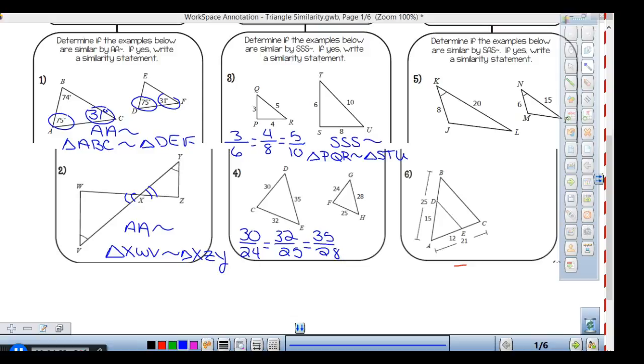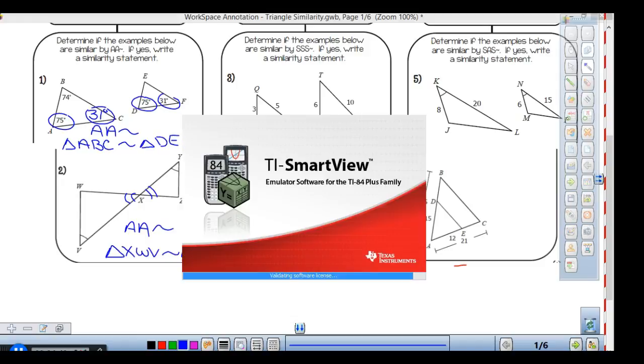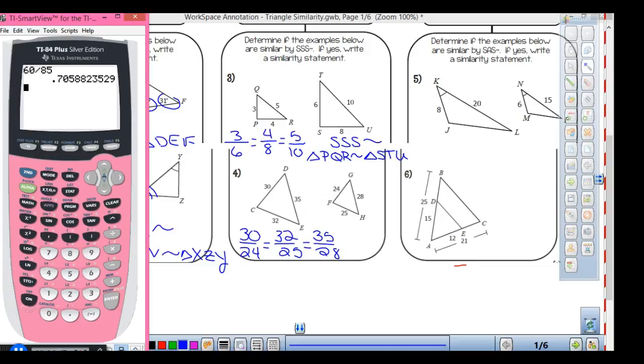You've got your calculator. Okay, we can divide these all up. Okay, so I can take 30 divided by 24. I get 1.25. 32 divided by